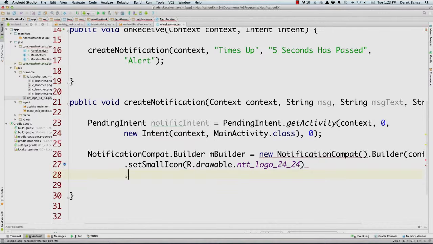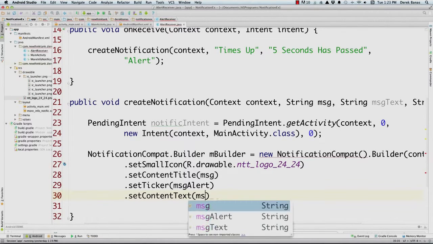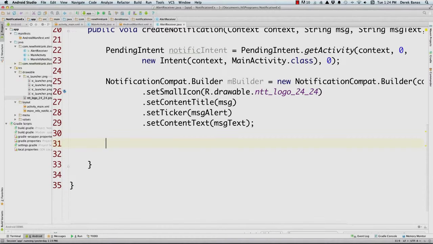And then on the next line, we'll also set our title, and that's just going to be the message that was passed inside of here. We'll also set our ticker, which is going to show up in the taskbar, message alert, and then we'll finally set the text for our message, which is just going to be message text. And let's get this out of here. There we go. Now that's all set up. So just another notification, just like we built before.